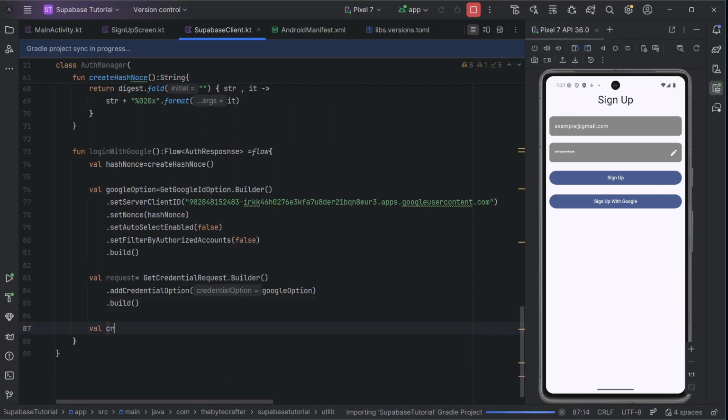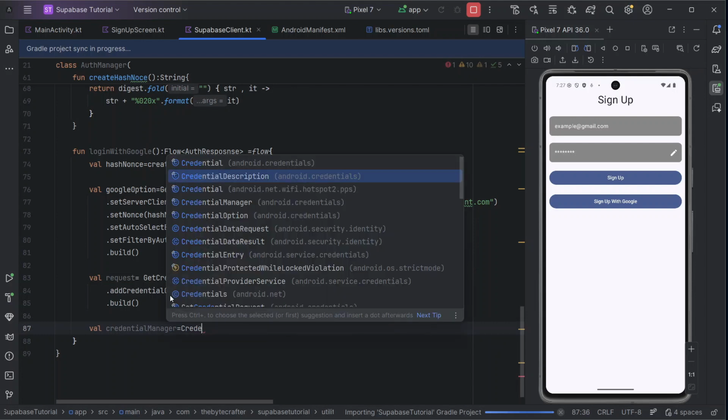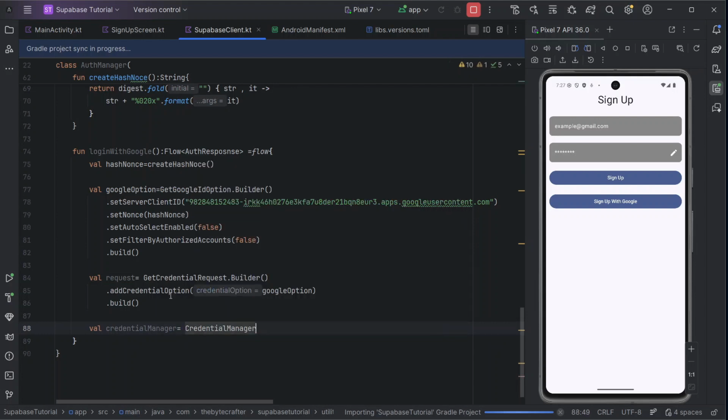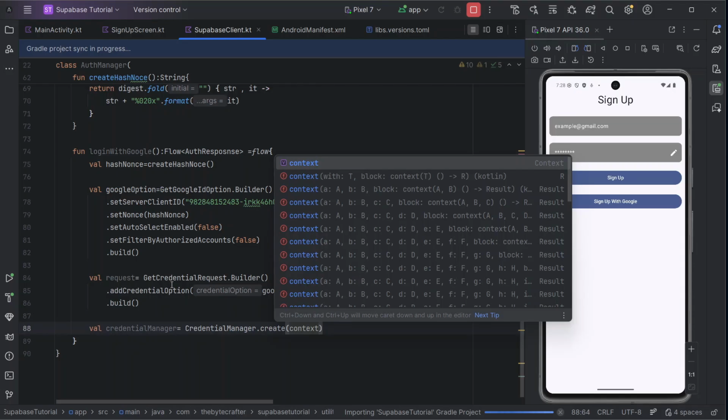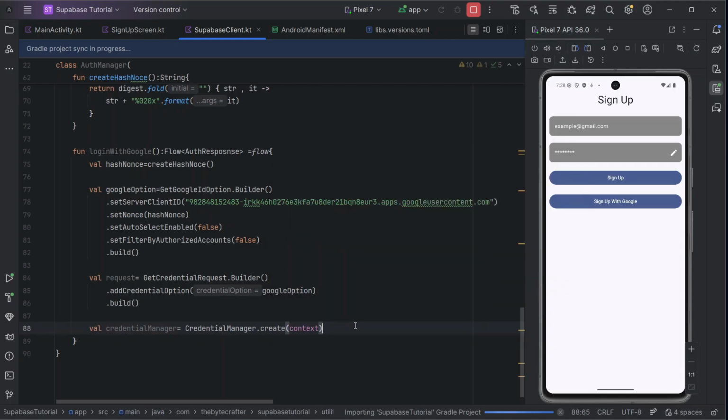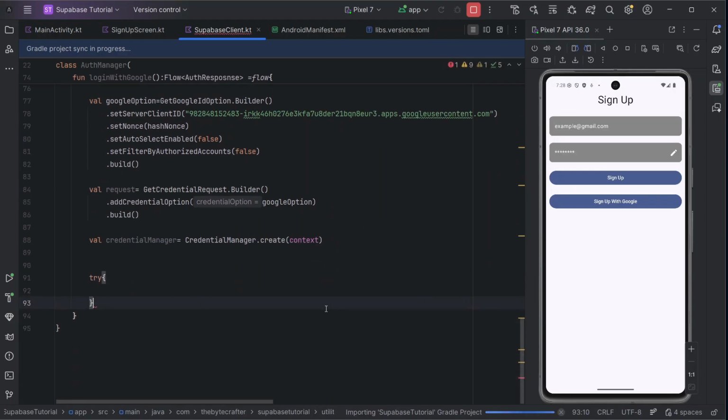Then we need to have another one, the credentialManager, being equal to the CredentialManager class, and again dot create. In this case, we will pass a context, and then now we can go ahead and try that logic to attempt to log in using